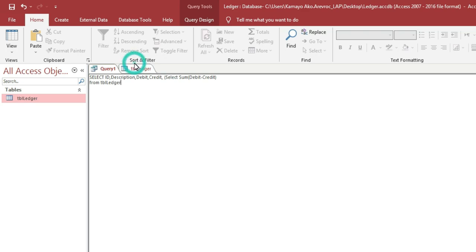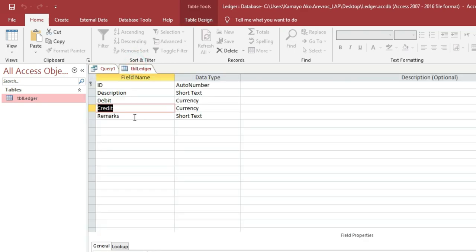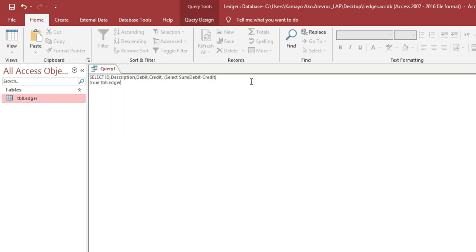Now, since in our table there's no balance field, we will make an alias in order to show us the balance. So how? I'll just put here as alias underscore ledger,